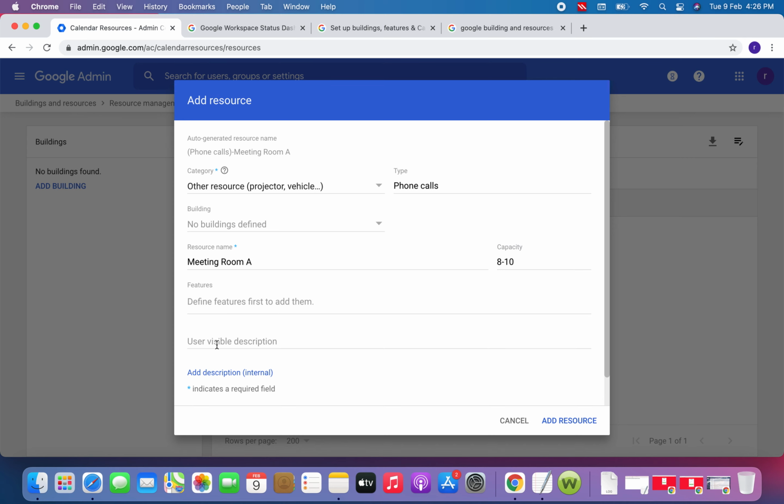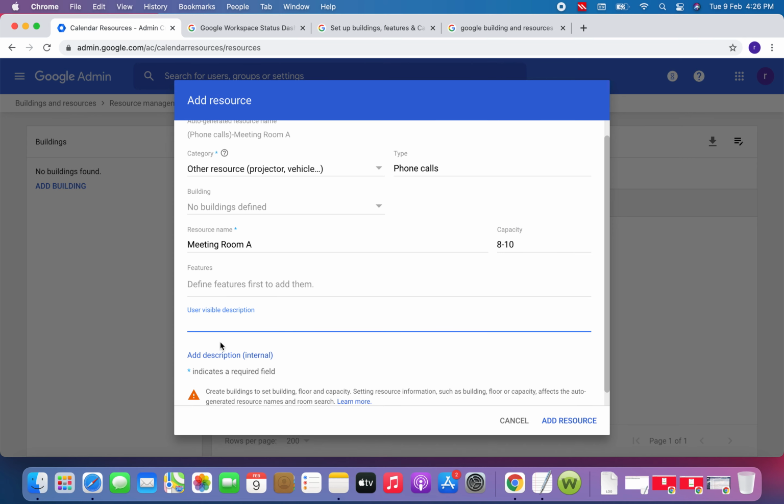This is the feature user visual description: this meeting room is for 8 to 10 team members.